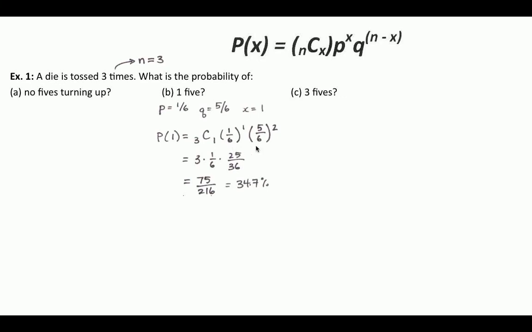So notice that your P and Q should add to 1 because you only have those options, success and failure. And the exponent on P and the exponent on Q should add to n, because if you only have 1 success, the other 2 trials have to be failure. Okay? Those are simple things that just make sense once you've done a lot of these. Notice your P and Q have to add to 1. Notice your 2 exponents have to add to n. And you're just finding how many ways can I choose one thing to be successful if you want the probability